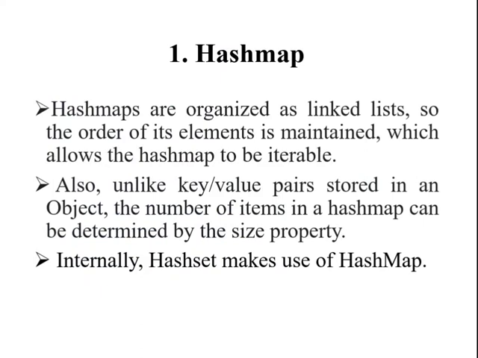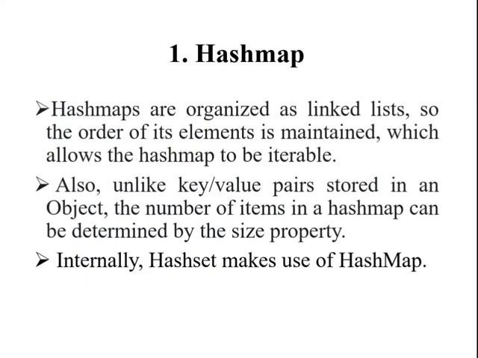First one, HashMap. HashMap is the most basic implementation of Java's map interface. The data is stored in pairs, that is key and value. We need to know the key of a HashMap value in order to access it. Hashing is a technique used by HashMap. Hashing is a method of turning a huge string into a smaller string that represents the same string in order to speed up indexing and search operations. Internally, HashSet makes use of HashMap.